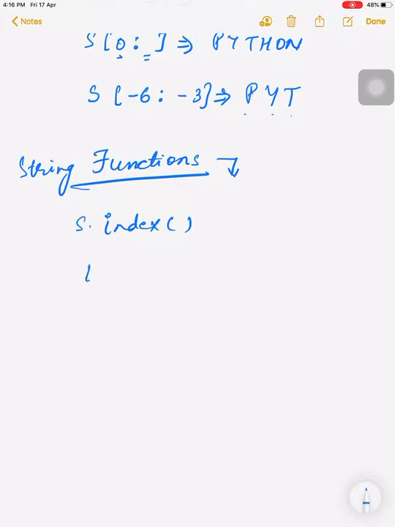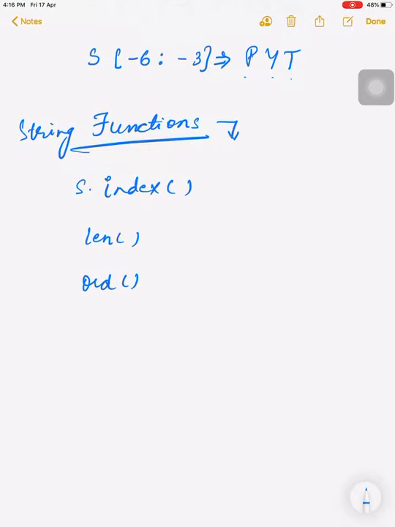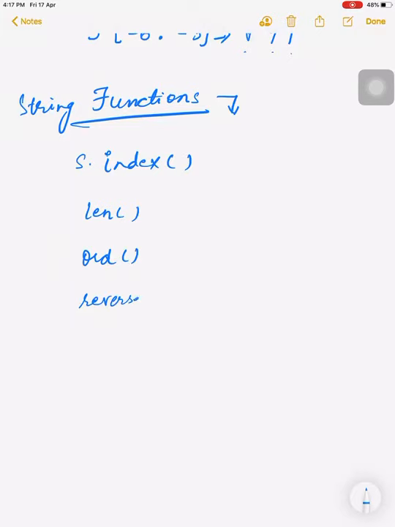Now here we can use some string, like we can assume the string as S. We can write here the len function. What does the len function do? It returns the length of the object. Length of the object means length of the string we can use here. Next function is ord. The ord function is quite different in string. You have not studied this. What does the ord function do? The ord function returns the Unicode point for Unicode characters. It will return the Unicode points.